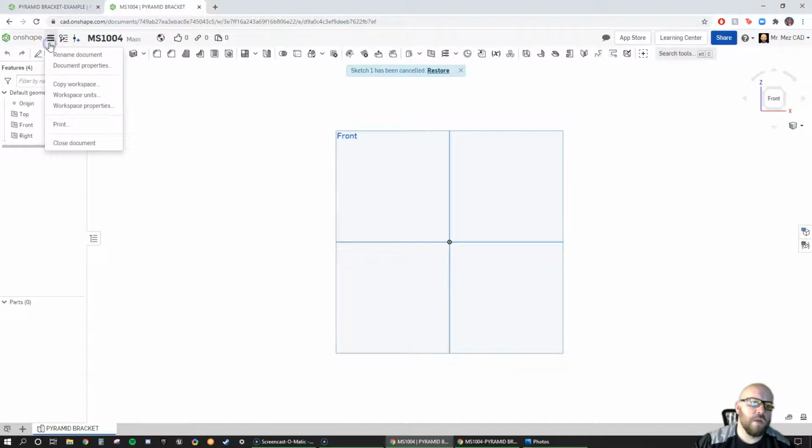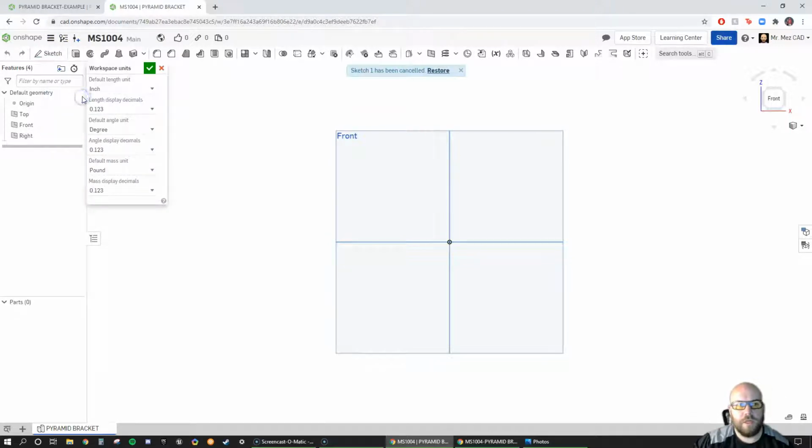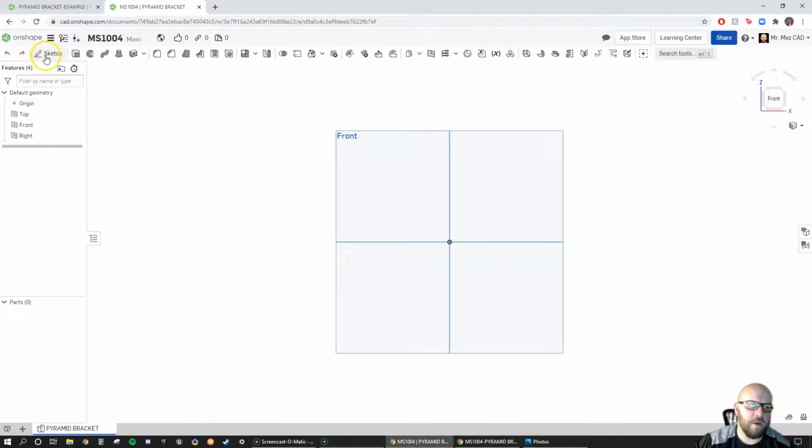And then we're gonna go up to here to our little 3 bars, and we're gonna change our workspace units. So our workspace units are not gonna be in inch, they're going to be in millimeter, okay? And usually with millimeter, I usually like to change it to 2 places. The 3-place decimal on millimeter or metric dimensions is pretty accurate there. 2 places is plenty enough. We're getting within thousandths of an inch just by doing that. So we'll go to 2 places as well, and then we'll hit OK,